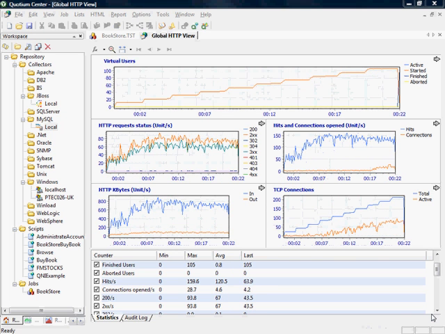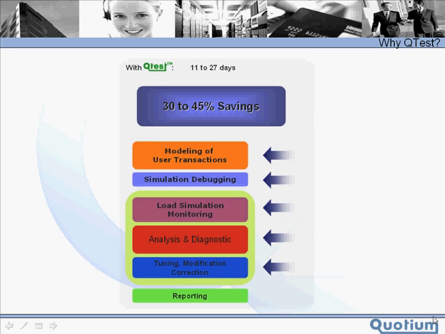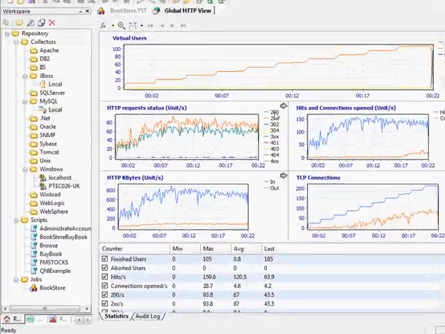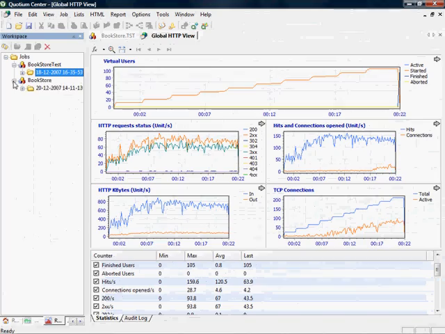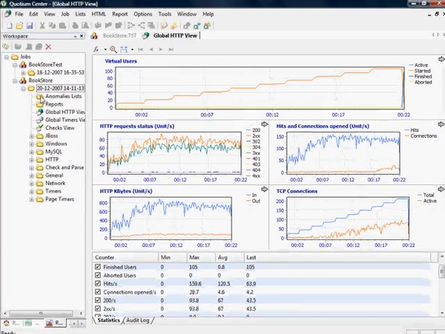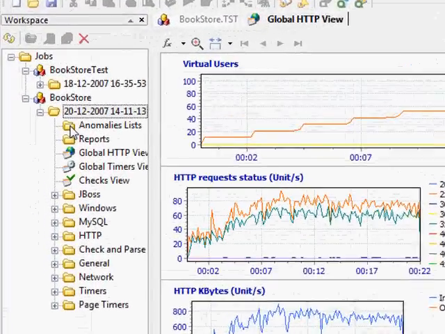Of course that last section was fast forwarded. So this next part is going to look at analysis and diagnostics, which will help us tune, modify or correct our system. Everything that we saw during the time when we were recording the test is now saved across into our results tab, and all the graphs that I can create in here I could also create in the runtime